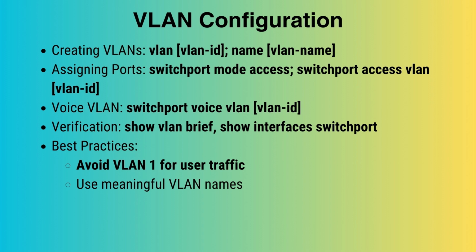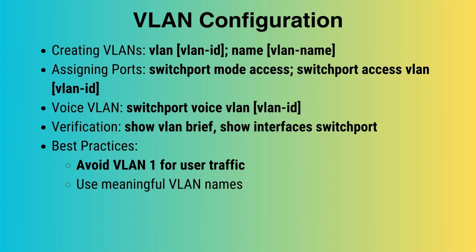Creating and managing VLANs involves a few specific steps, but don't worry, it's straightforward. To create a VLAN, use the command vlan followed by the VLAN ID and name followed by the VLAN name. This sets up a new VLAN with an ID and a name you choose. Next, to assign ports to a VLAN,